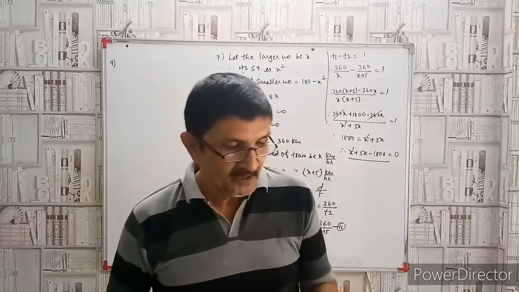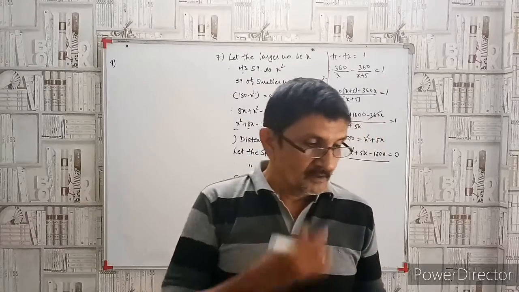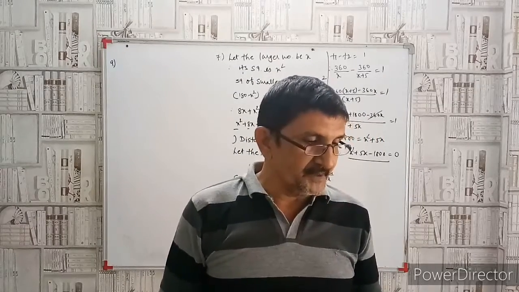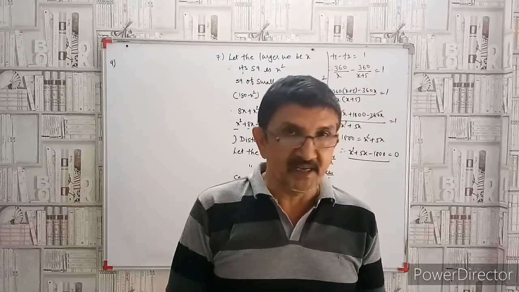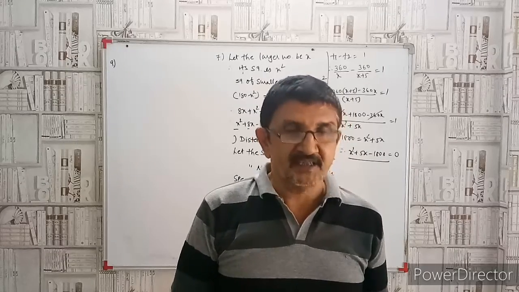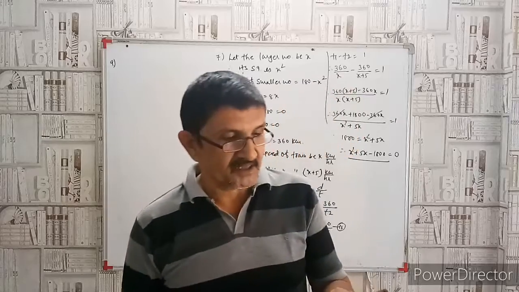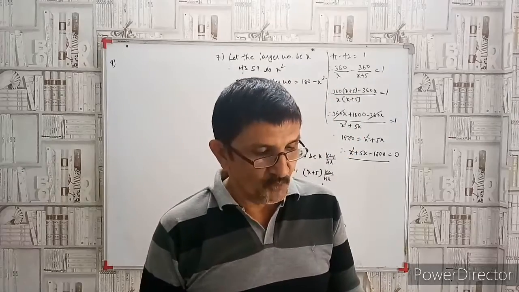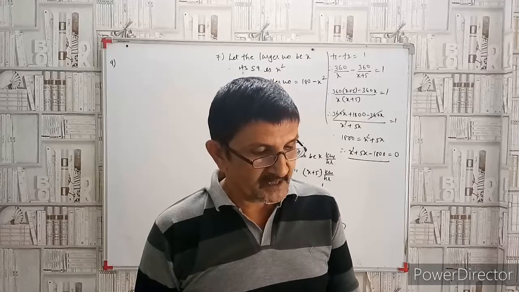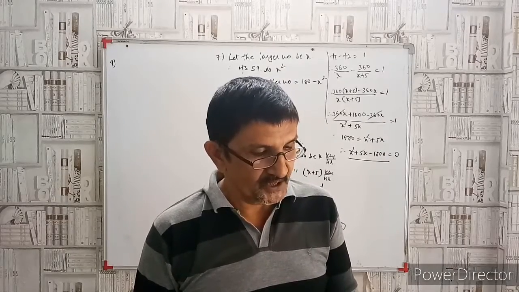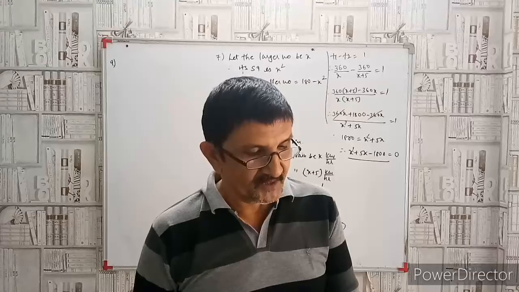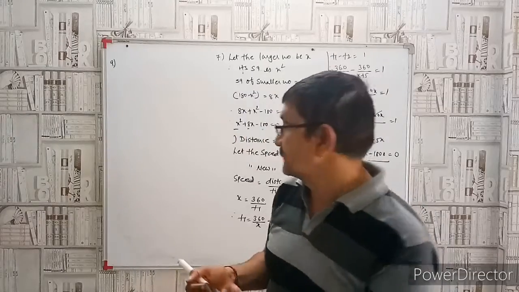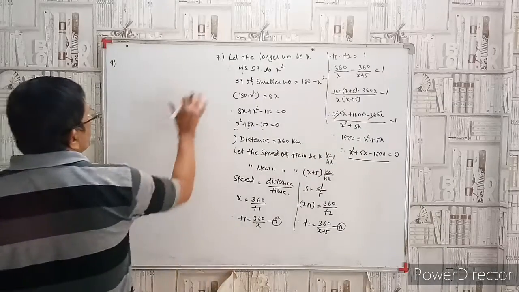Separately, okay? The tap with a larger diameter takes 10 hours less, okay? If the larger diameter pipe runs alone, it takes 10 hours less to fill all the water than the smaller one. Find the time in which each tap can separately fill the tank. So here we take